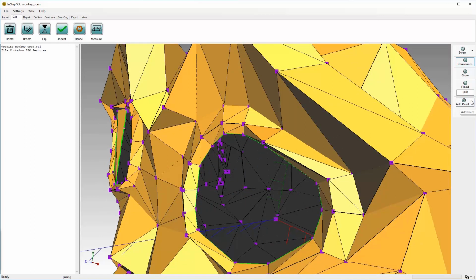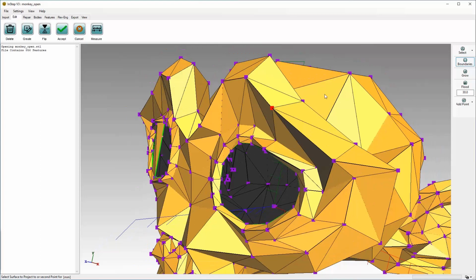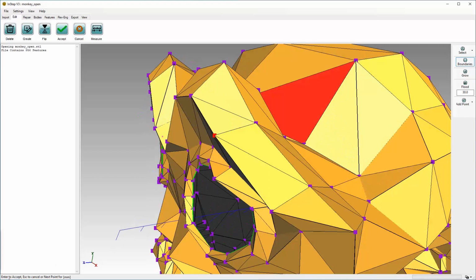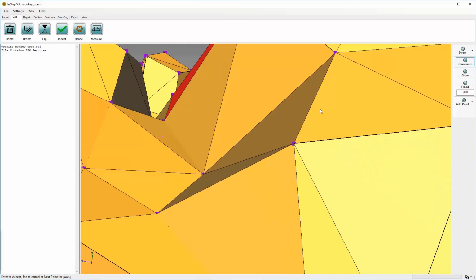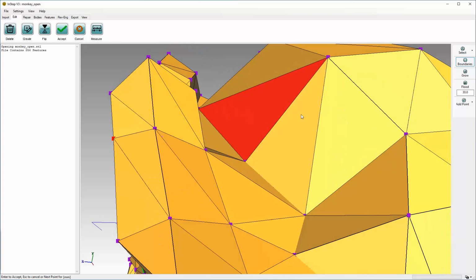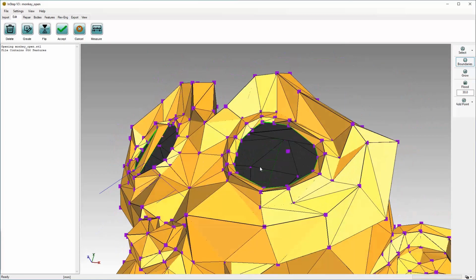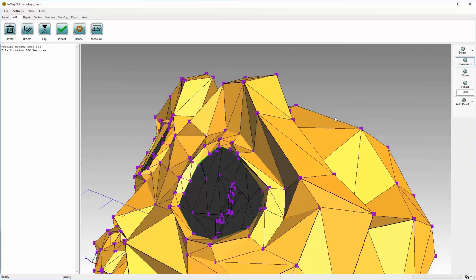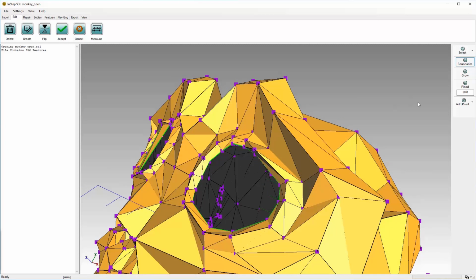Or we can also project the point onto a surface. So in this case we select that, we see down here that it says select point or surface. We're going to just go ahead and select this point, and then it asks us to select a surface to project onto, and let's just use this surface. And then it asks us to enter to accept or cancel. So we're going to hit enter, and that creates a new point where the surface and the point intersect.